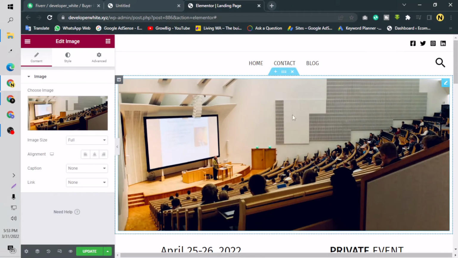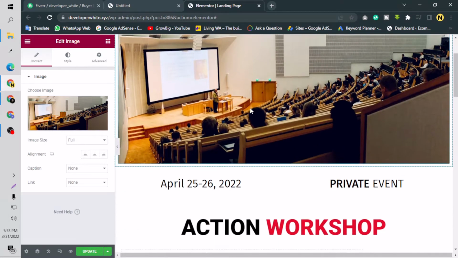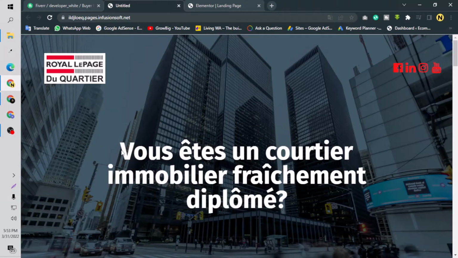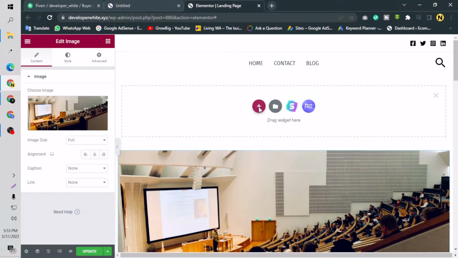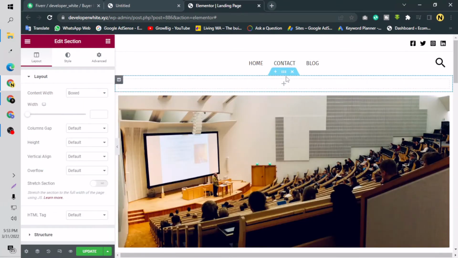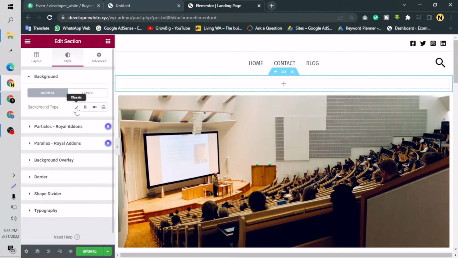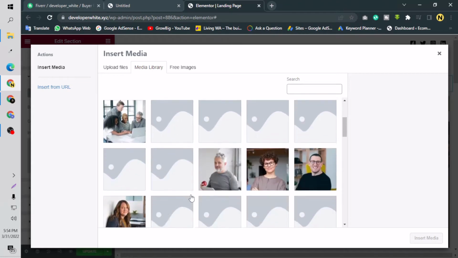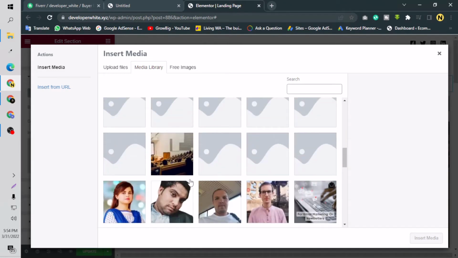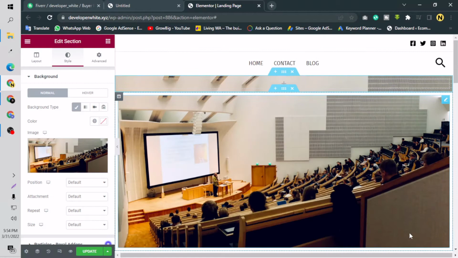So as you can see, I have taken an image element from here, but it's not an image element, probably that's a background. So for doing this, we have to take a new section here, and we have to edit the section and go to the styles, say background classic, and choose the image. I have the image chosen from here. This is the image,